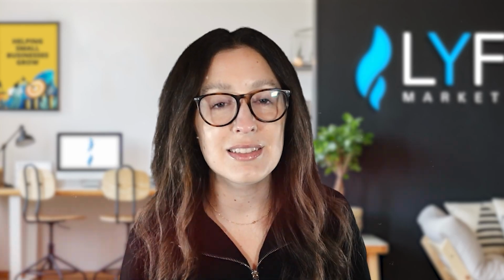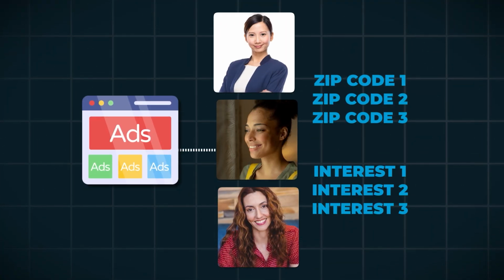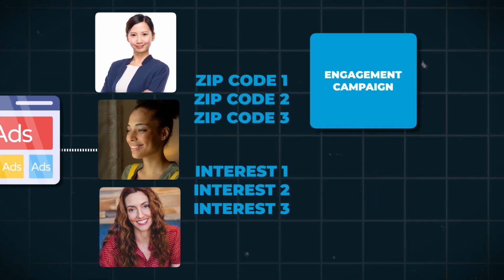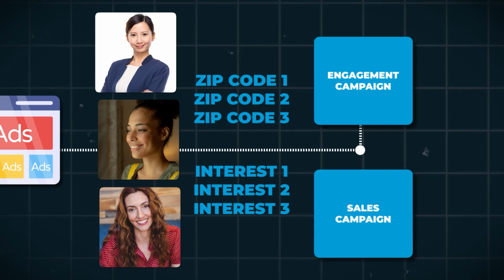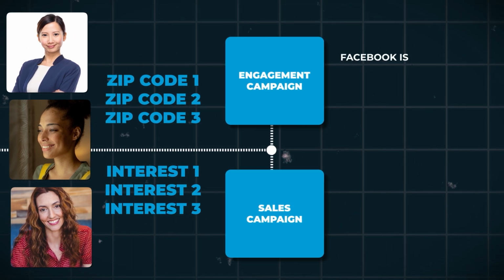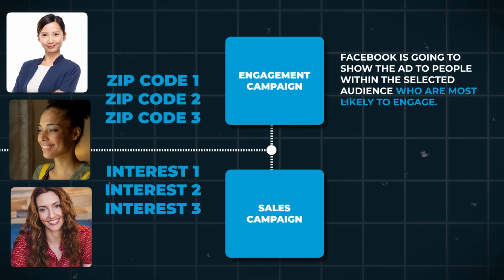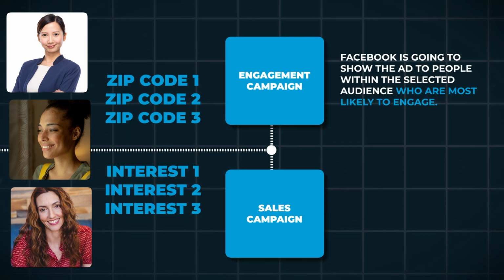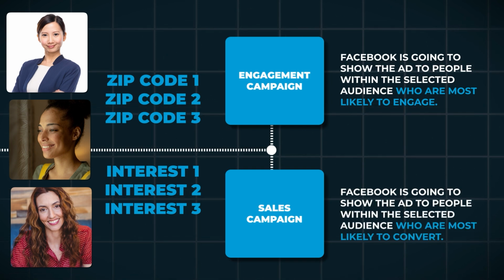What do I mean by this? Let's say you tell Facebook, hey, I want to show my ad to women in this zip code with these 3 interests, and you run it as an engagement campaign. Then you run an ad to the same exact audience in a sales campaign. The difference in each campaign is that in the engagement campaign, Facebook is going to show the ad to people within the selected audience who are most likely to engage, whereas in the sales campaign, Facebook is going to show the ad to people within the selected audience who are